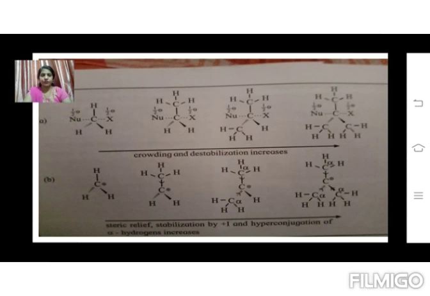Here we have the clear image of it. So pentacoordinate, the first diagram A1, where we have carbon, the 3 hydrogen, the leaving group, X minus, and the attack of the nucleophile. So already it is very much crowded. So this particular reaction is favored by the primary halide group. Which one? That is SN2. Whereas in SN1, already we have a bulky group, and therefore it is favored by the SN1 mechanism. Added to it the stabilization by +I effect and the hyperconjugation of alpha hydrogen, which goes on increasing.